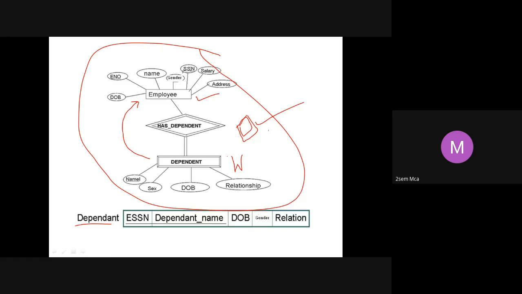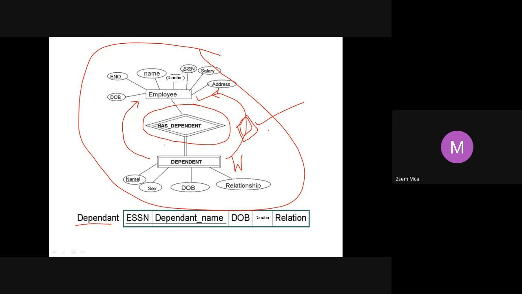The relationship which connects the weak entity to the strong entity, the weak entity to the owner entity. This particular relationship, which is connecting dependent to employee, is shown as a double diamond. Double diamond represents the identifying relationship, the one which connects the weak entity to the owner entity or the identifying entity.